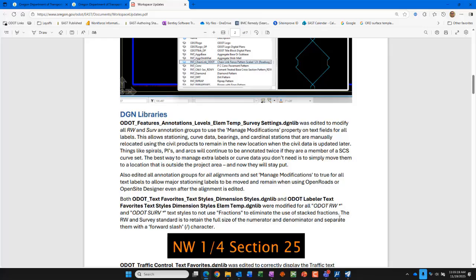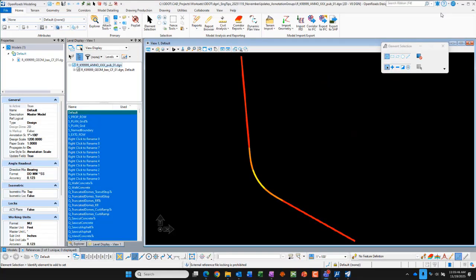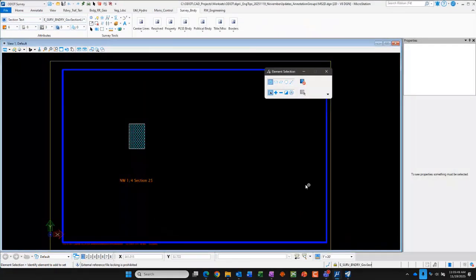The standard is that we do not make the numerator and denominator of fractions smaller for survey products and right-of-way products because we don't want them smaller than our minimum size. So we turned off the use of stacked fractions, and I'll show you how that plays out. And then I'll go right into the ORD changes with the annotation. So I'm going to minimize that